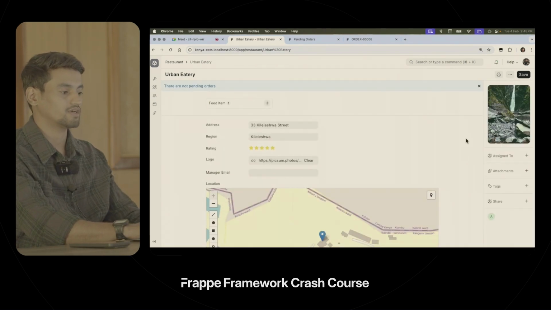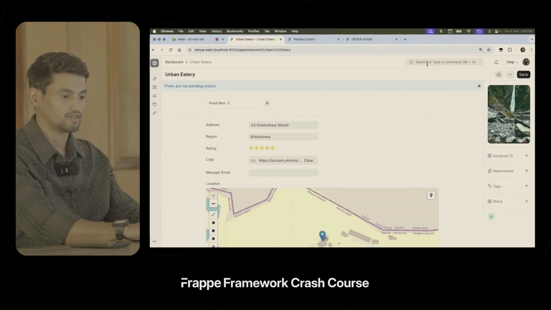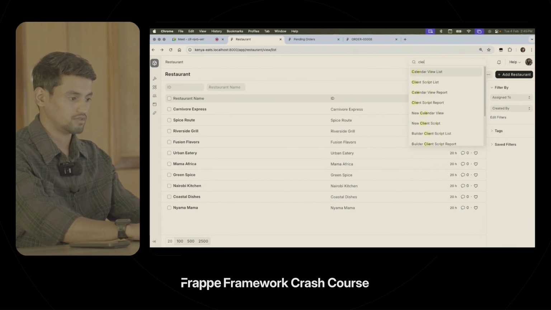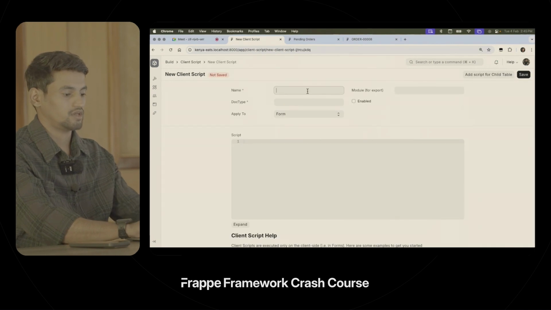Yeah, this is about client script. Same thing we can do in the list view as well. List view has a bit different APIs. So if you create add actions,